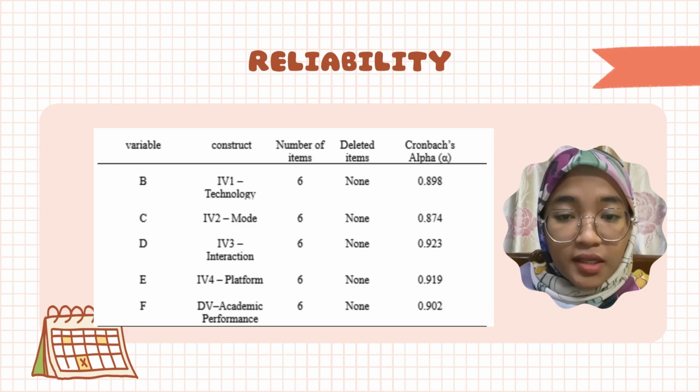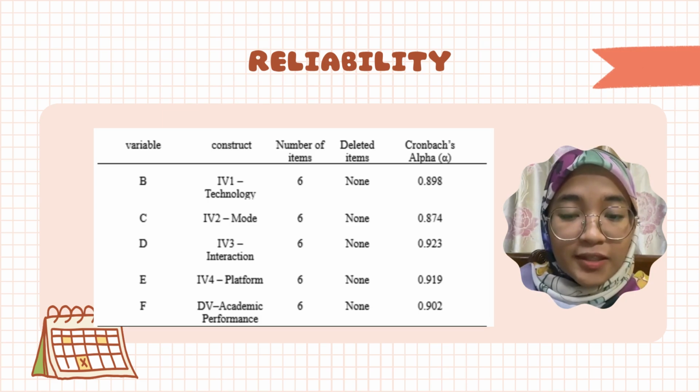Mode of learning 0.874, good reliability. Interaction 0.923, excellent reliability. Platform 0.919, excellent reliability, and academic performance 0.902, excellent reliability. This means all five variables in this study show good to excellent reliability, meaning the questionnaire items were consistent and suitable